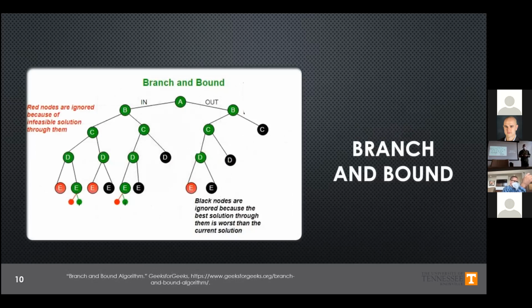And then a second method, which is a more common method, and a method that BARON, our algorithm, actually uses, is branch and bound. So the common example is looking at discrete problems. One way to solve a discrete problem is just look at every possible combination of solutions, take the best solution, and now you're done. However, running through every single combination would take a very long time if it can even be solved. So branch and bound attempts to be smart and says, let's take our original problem, branch on one